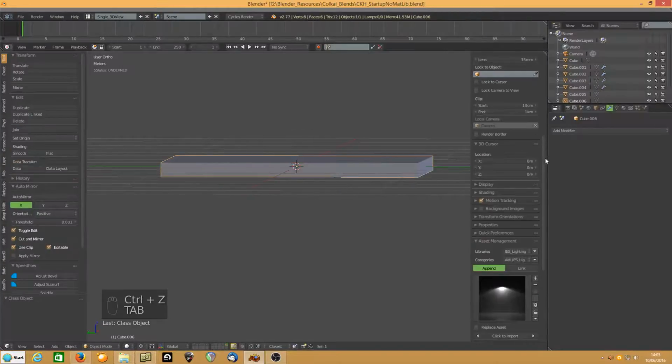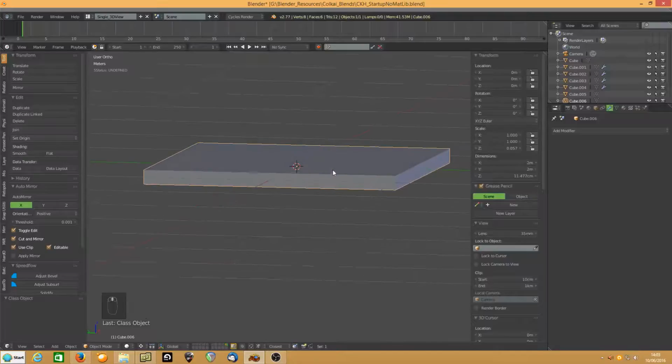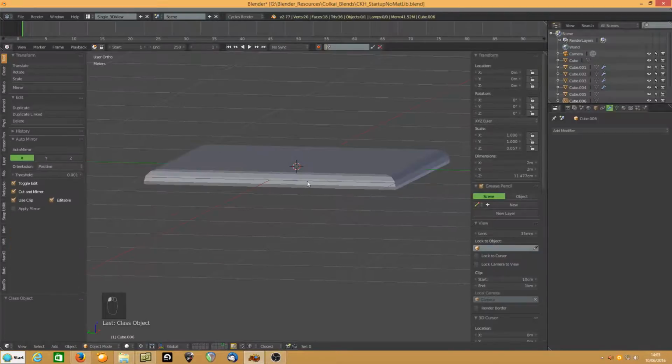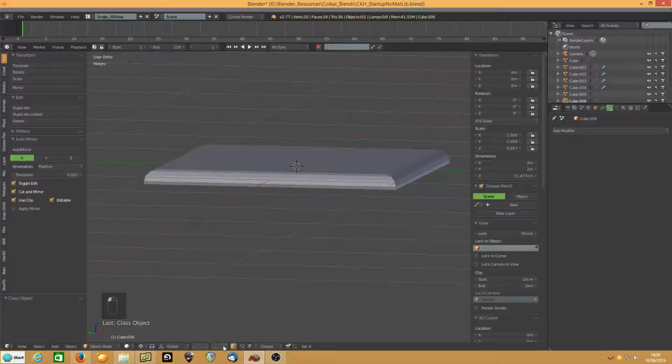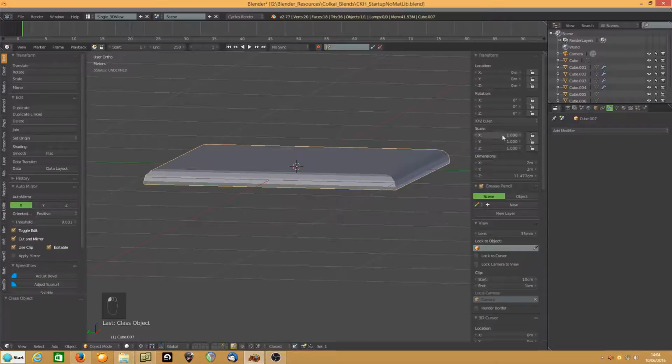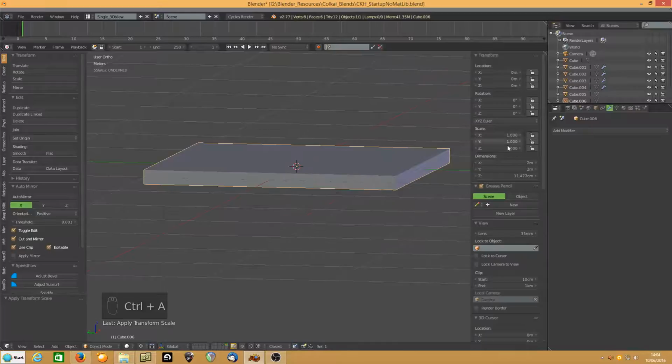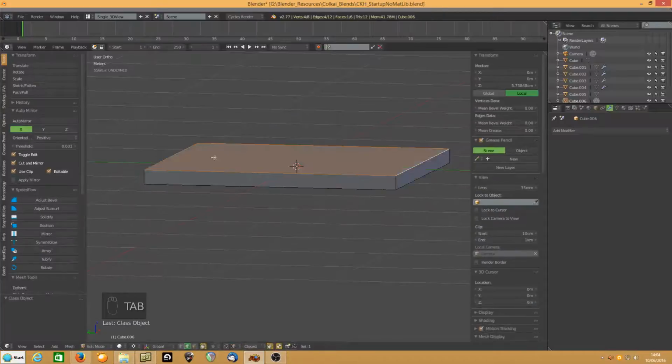And if I come out of that, you can see that although they have the same dimensions, that scale is 1 and that scale is 0.057, and so the bevel is trying to react off that. So to reset that again, set the scale to 1. It's one thing to keep in mind, don't confuse the scale with the dimensions. Go into edit mode. Now if I Control B,